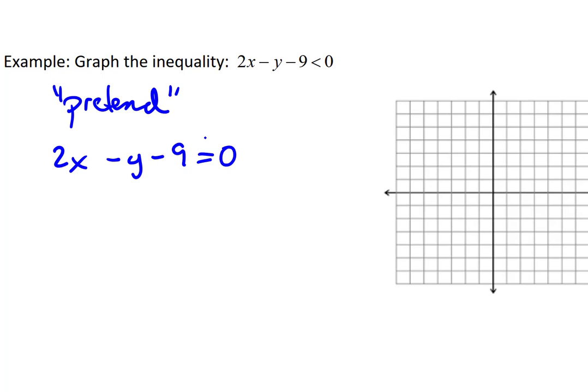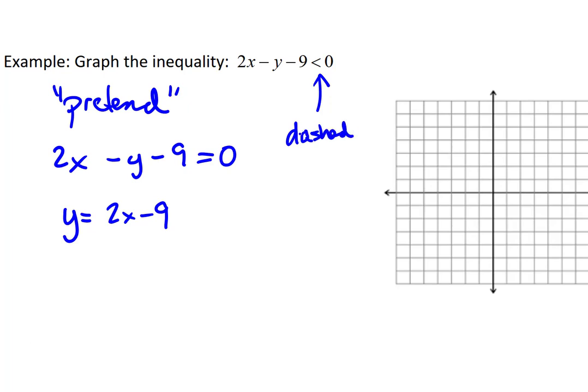In fact, this is just a linear equation. If I add y to both sides, I'll end up with the equation y equals 2x minus 9. Well, that's just a line that's in slope-intercept form. We could go ahead and graph it. Now, going back to the original symbol, because it was strictly less than, we're actually going to use a dashed